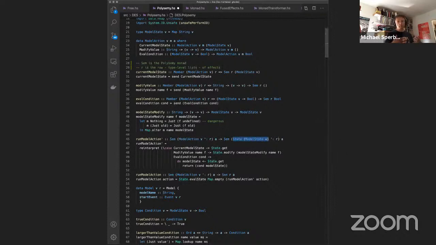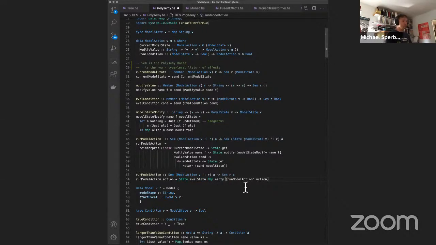So that's very typical, is that either you write an interpreter that removes an effect, that would be one way to do it. Another way to do it would be to translate it into another effect, and then preferably into an effect that is in the Polysemi library already, and then just use one of the functions there to actually boil it down. So you can see this function actually removes the effect. So model action V is present on the left-hand side of the arrow, but it's not present on the right-hand side of the arrow. Okay, and we just use the eval state function that Polysemi comes with in order to